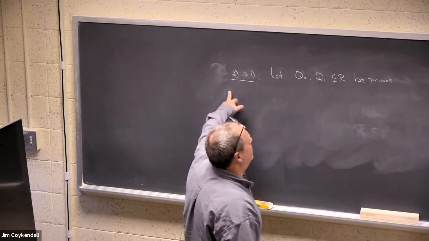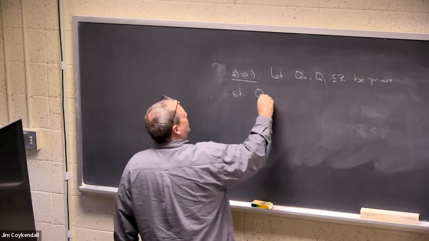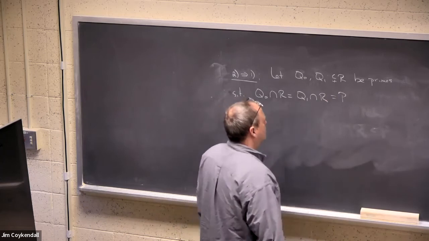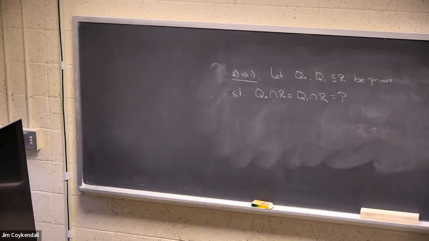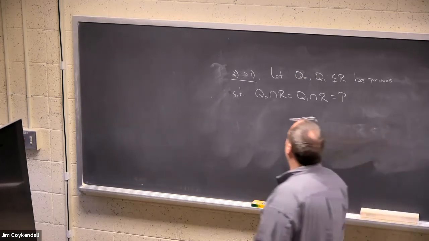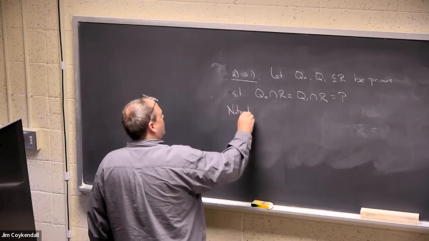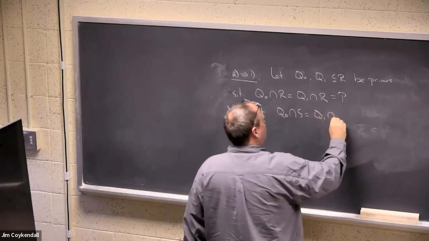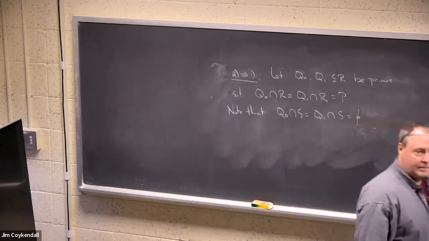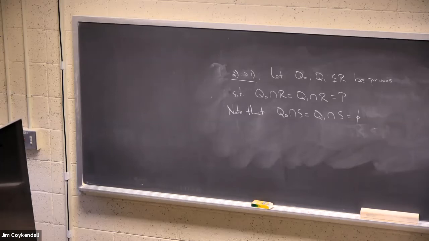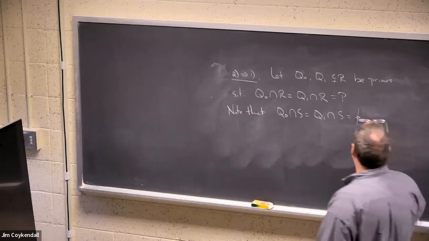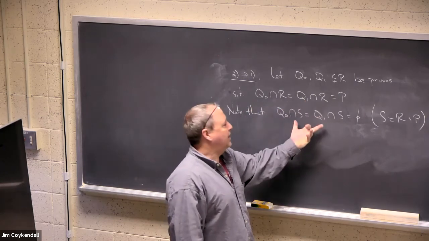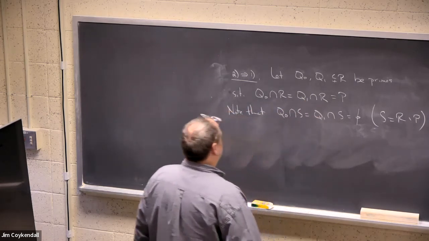We're trying to show incomparability holds, such that Q0 intersect R equals Q1 intersect R equals P. Note that, right, because they both intersect down into P, that means they both have to miss the complement of P. Right? And so